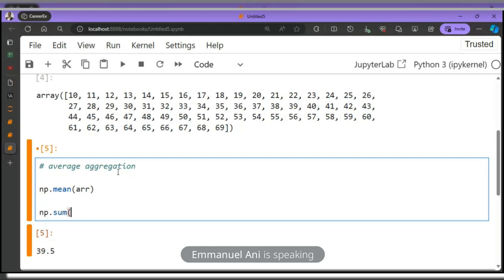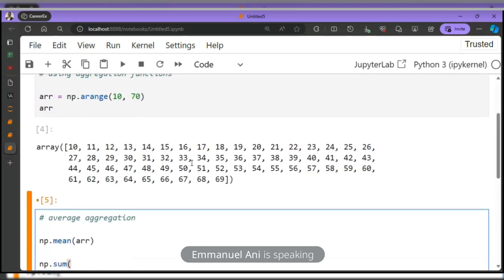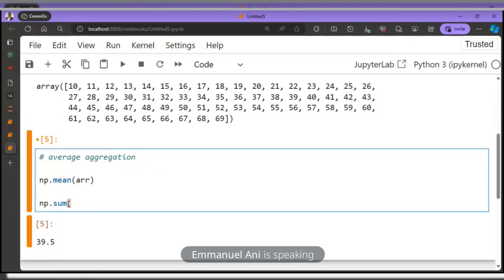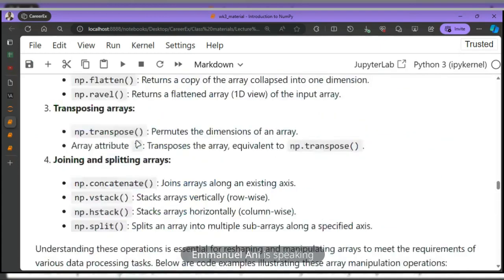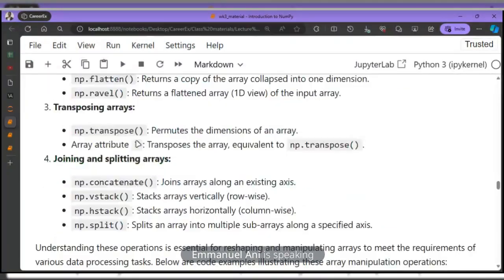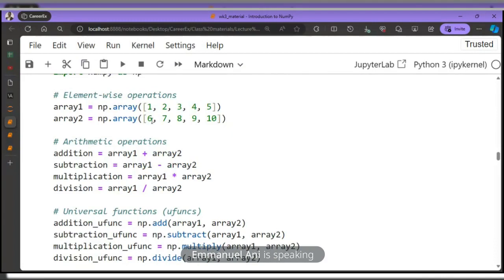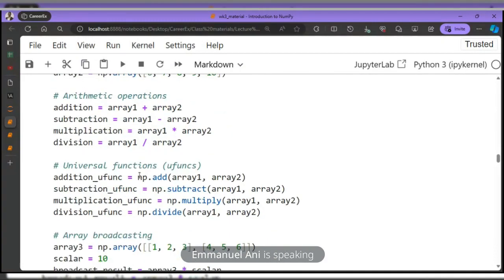Now there's something I want to point out here. Remember when we were doing element-wise operation, we had np.add, right? As you can see, it is np.add. It is not the same